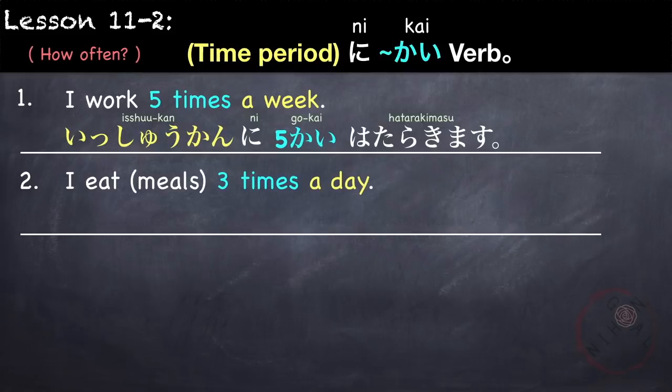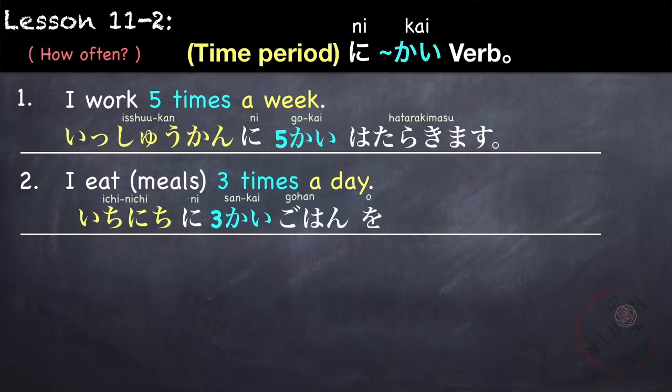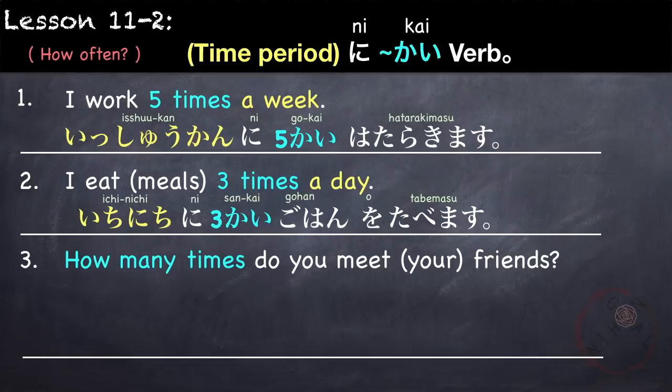I eat 3 times a day. Our time period is a day or 1 day, which is 1日, followed by the particle ni, and then our frequency, which is 3 times, 3回. 1日に3回. We can put an object, which is meals, ご飯を食べます。私は1日に3回ご飯を食べます。